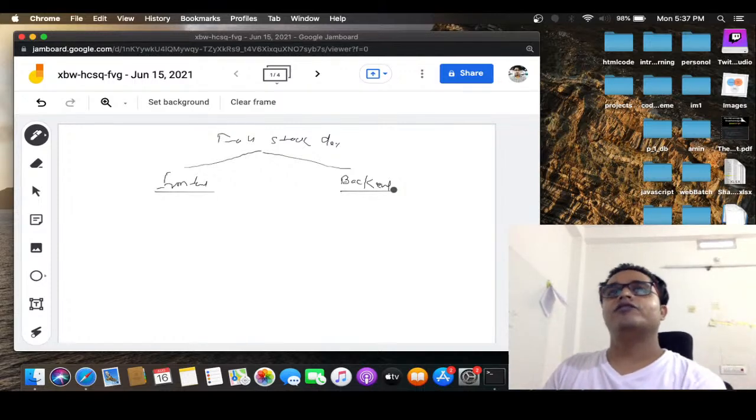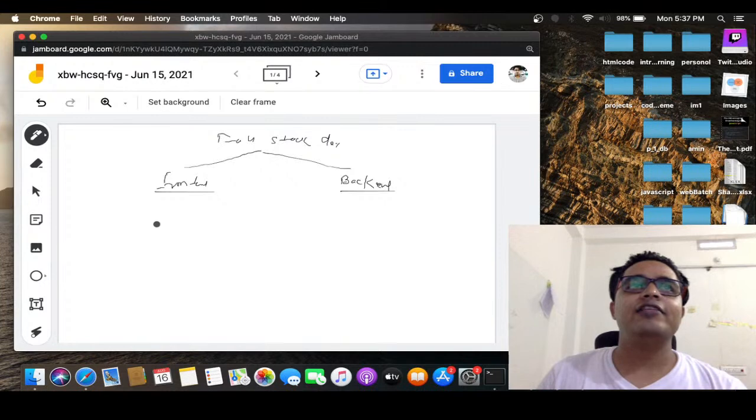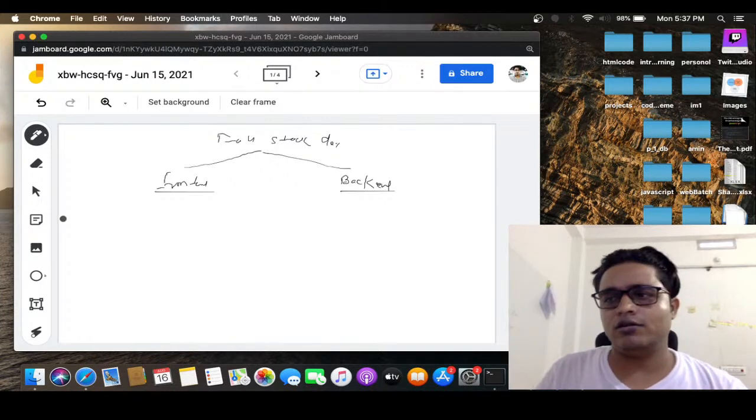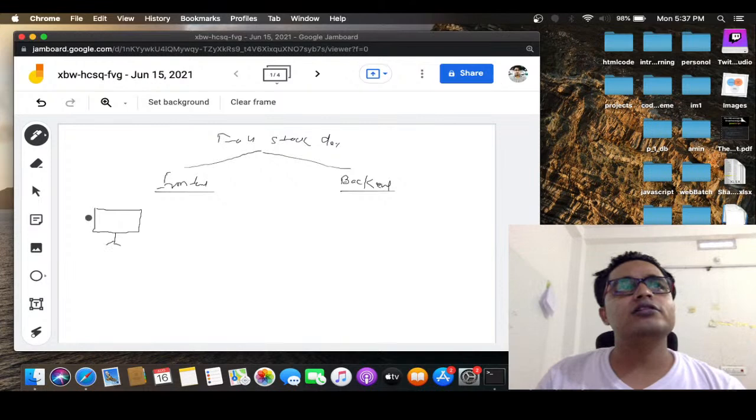Now the two parts, the front end part and the back end part. In the front end part, what do we learn? We generally talk about the browser thing. Suppose this is your laptop, and in this laptop some website is open, like suppose YouTube